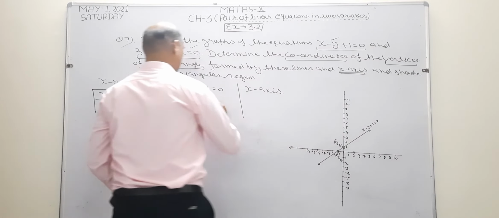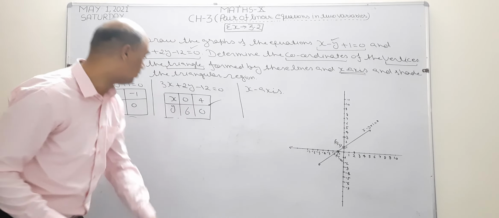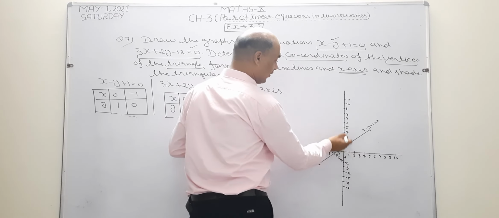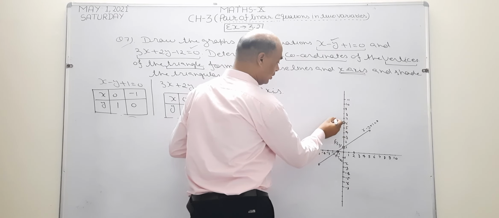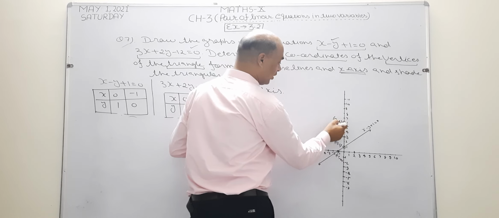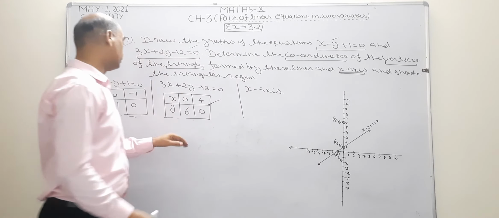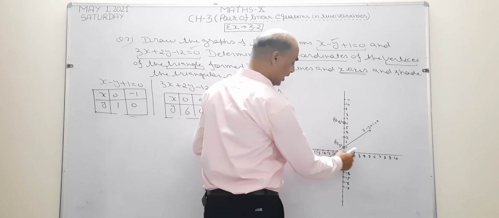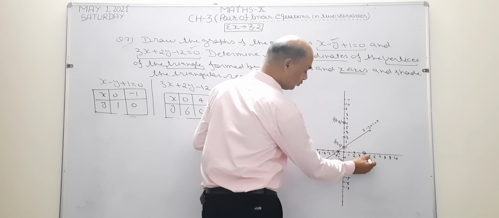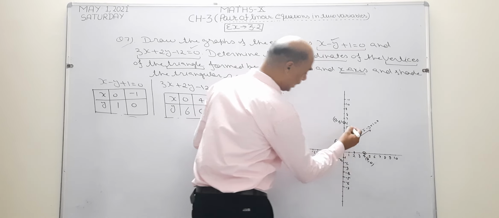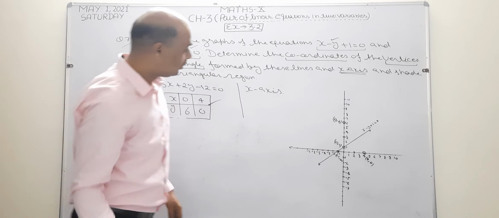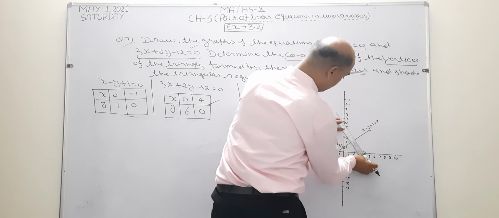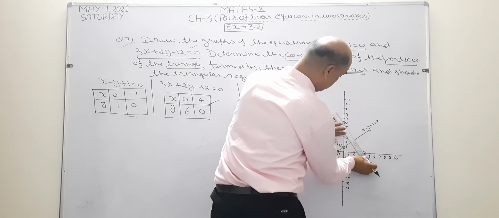Now I want to draw the graph of the second equation. See what is given: x 0 and y value 6. At this point x is 0 and the value of y is here. So this becomes 0 and 6. This is the first point of this equation. Next, y is 0 and x is 4. At this point y is 0 and the value of x is 4. So the coordinates become, on this side, 4 and 0. Now I want to join these two. This is the second graph line of the given equations.